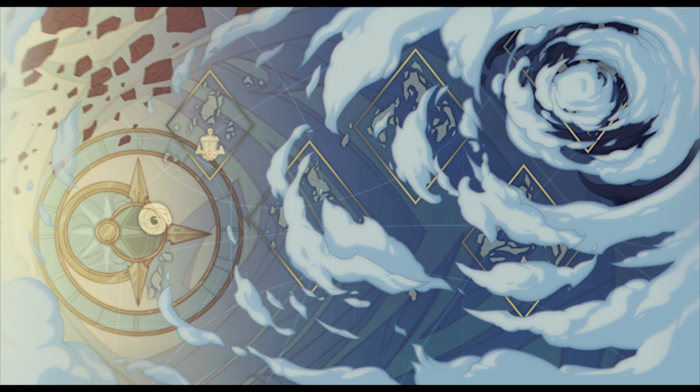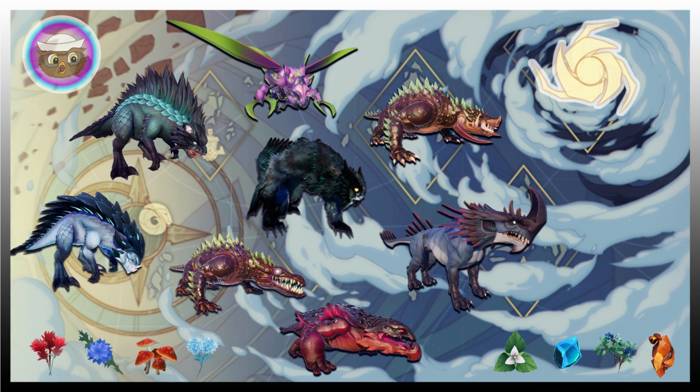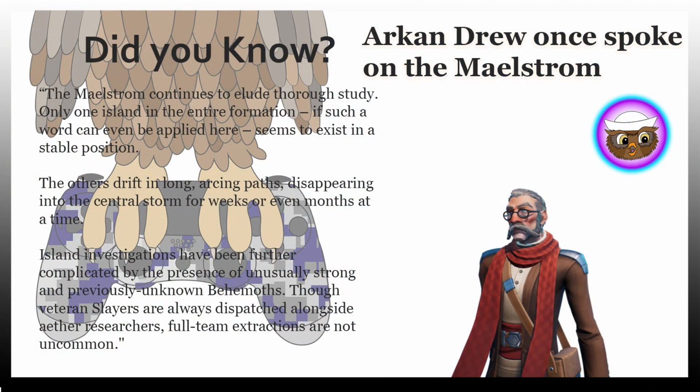Finally, if you made it this far in the video, we have reached the maelstrom. It is the most dangerous place in the entire game because it is home to the most powerful behemoths we know of thus far. Arkin Drew, an NPC who resides in Ramsgate, once said, "The maelstrom continues to elude the